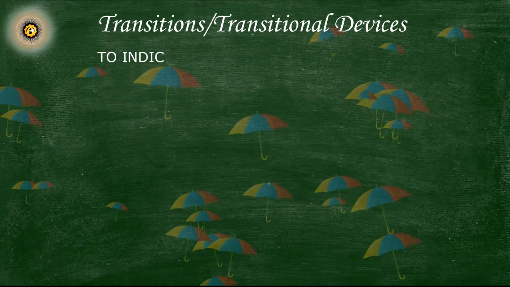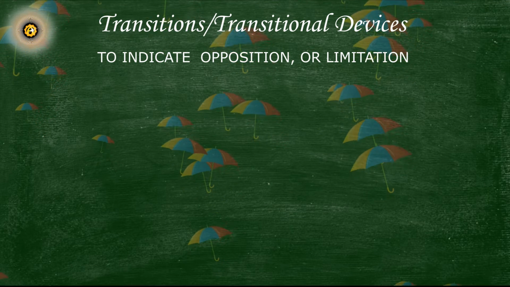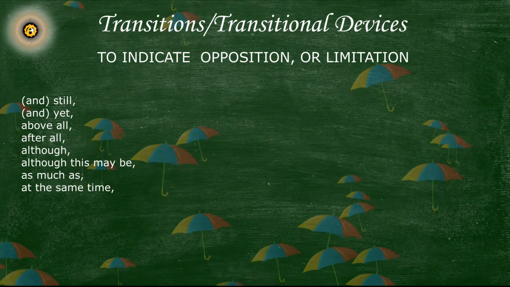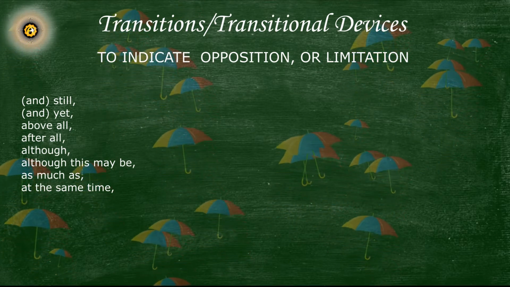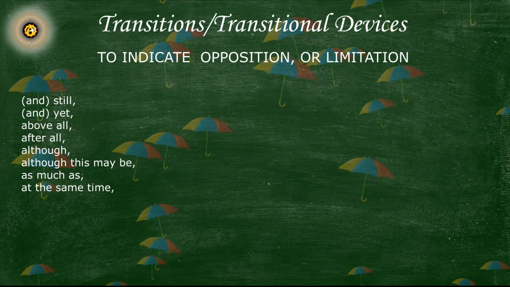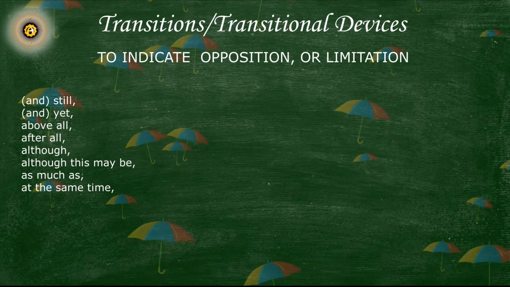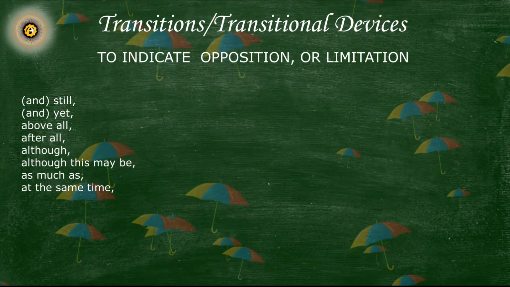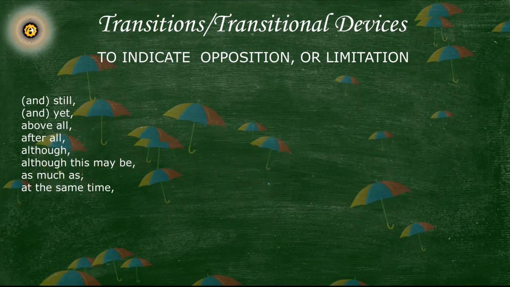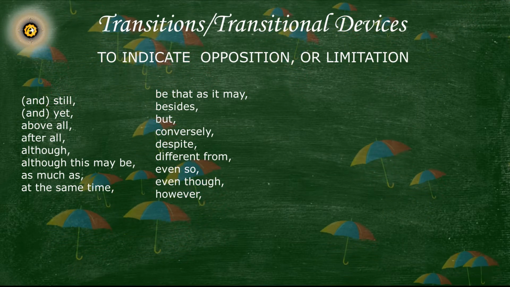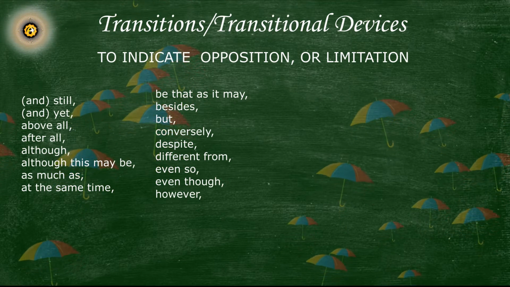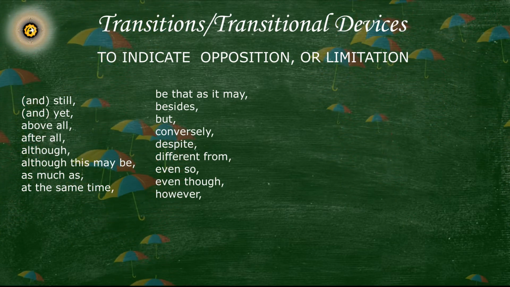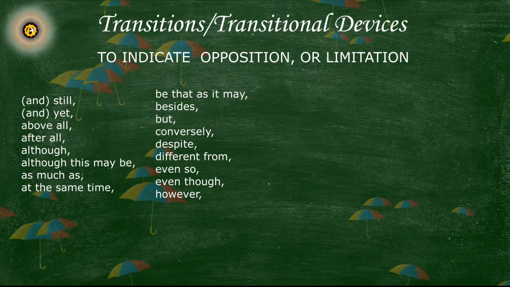The transitional words that indicate opposition or limitation. And still, and yet, above all, after all, although this may be, as much as, at the same time, be that as it may, besides, but, conversely, despite, different from, even so, even though, however,